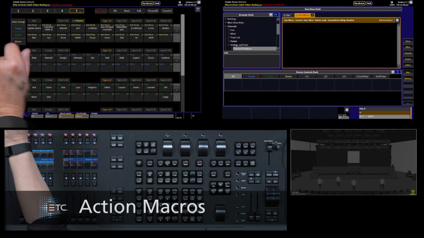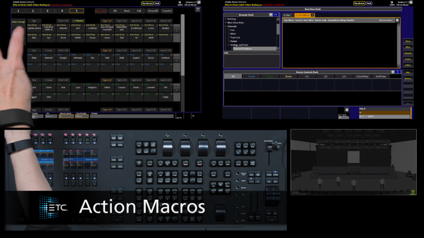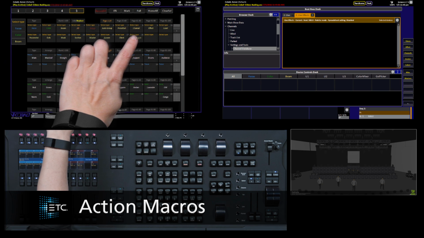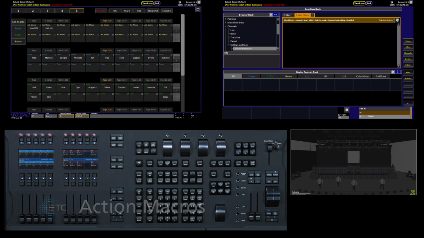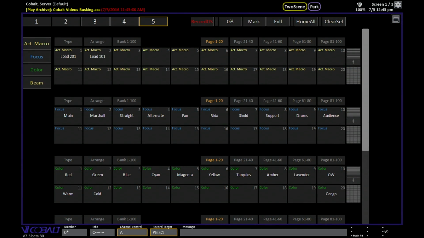I'm going to show you another tool that you can use called action macros. Action macros are used to help you automate playback or to do functions that you might want to link to a playback action. Action macros can be loaded onto the direct selects, and that's Sense 7.2 software. So I've made a couple of action macros already, and these are using an action macro that loads a page